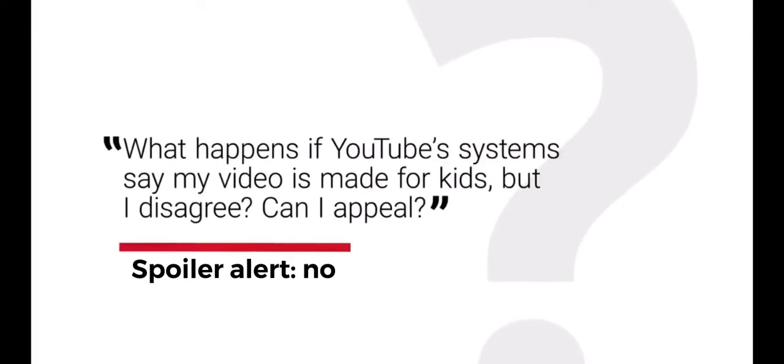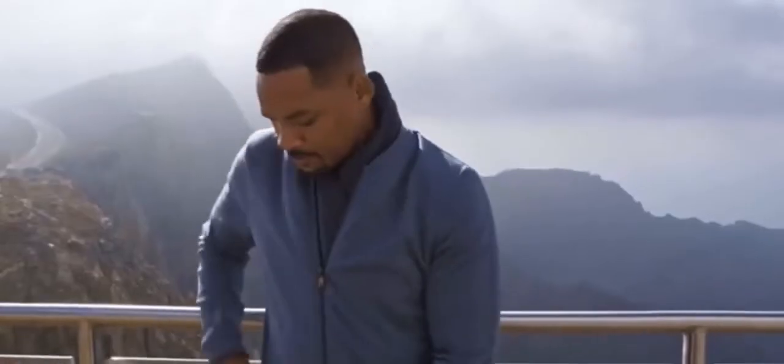What happens if YouTube's systems say my video is made for kids, but I disagree? Can I appeal? If you've not yet set your audience for your video, and YouTube has set it for you to comply with legal obligations, you can choose the option that you believe is correct for this video. If you've already set your audience for your video, and we detect error or abuse,